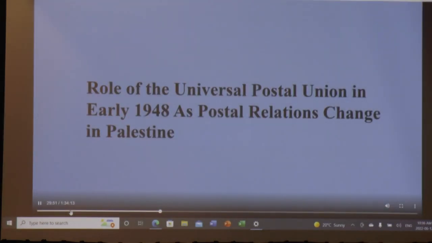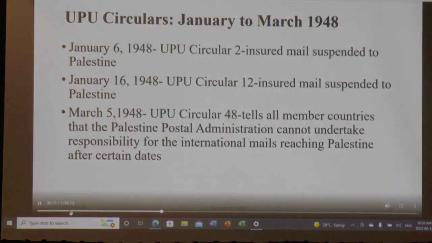Now, what was the role of the Universal Postal Union, which had been established back in 1874 and became known as the Universal Postal Union after a short period of time? By the way, Canada joined the Universal Postal Union in 1878. So a very important organization for Canada, for Great Britain, and countries around the world. Well, the Universal Postal Union put out different bulletins to all of its member countries, of which there were quite a few. And it told them that mail service was slowly to be suspended to and from Palestine.